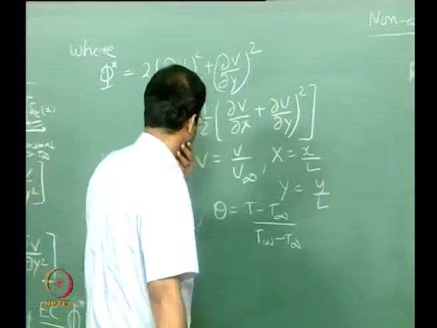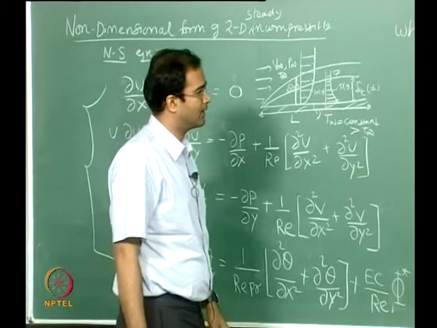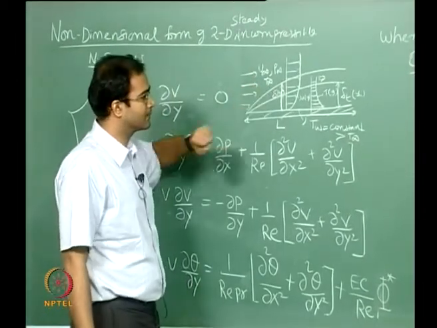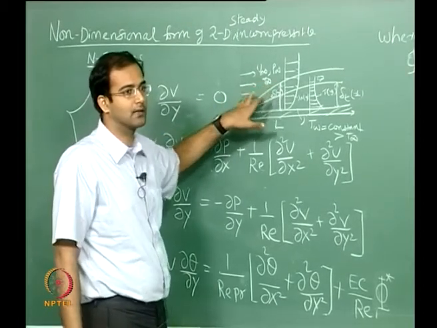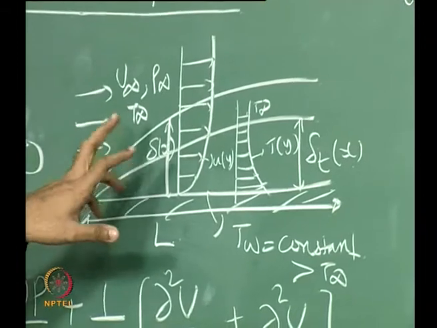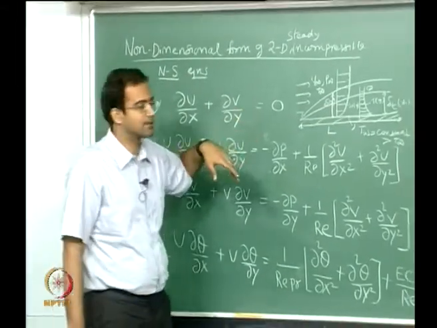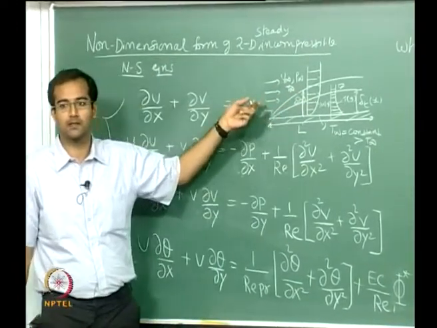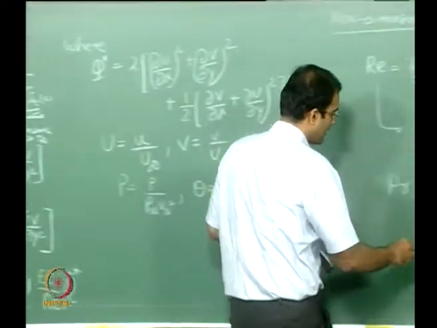Prandtl number appears in the energy equation along with the Reynolds number. So if you are looking at this figure right here, the Prandtl number decides the rate of growth of the velocity boundary layer with respect to the thermal boundary layer. In this case it shows that your velocity boundary layer is growing at a much higher rate than the thermal boundary layer. So your Prandtl number greater than 1